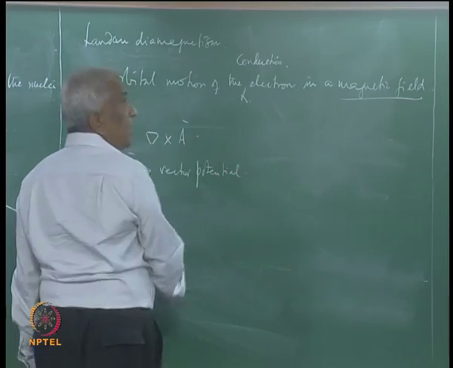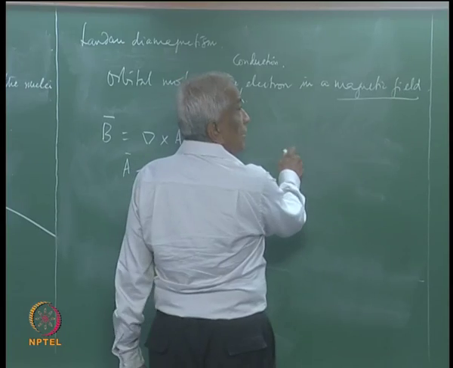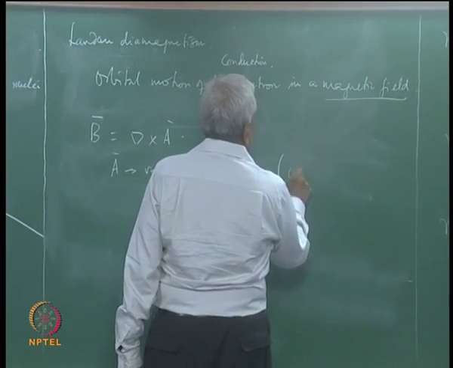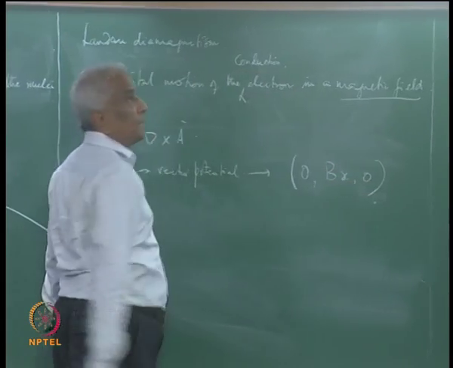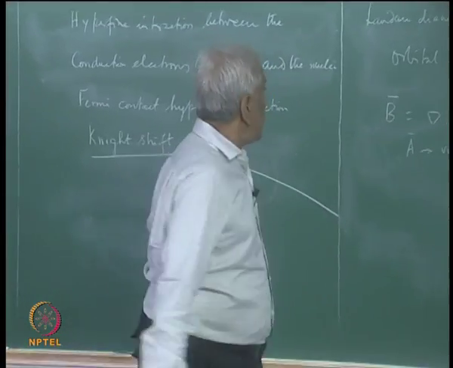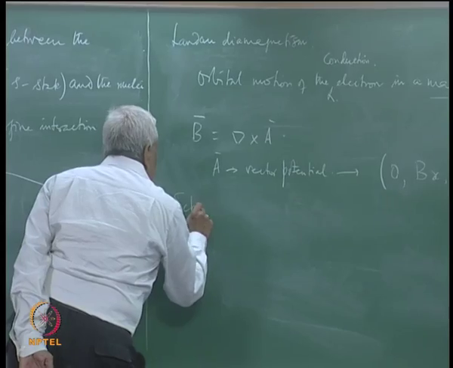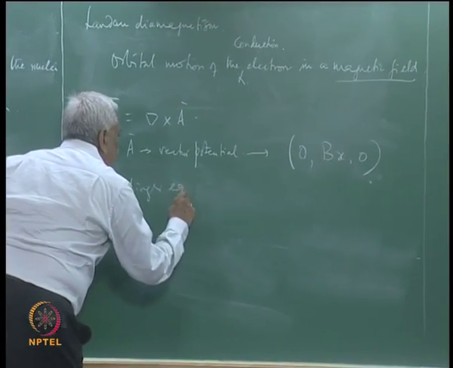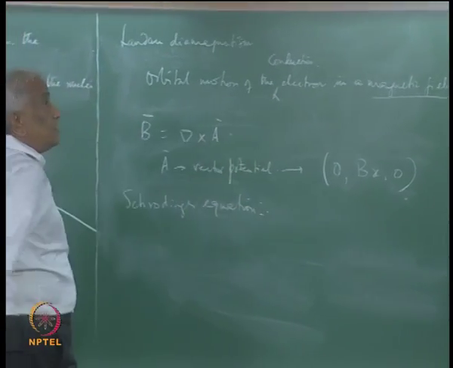So, if we apply a uniform magnetic field along the Z component, then this can correspond to a vector potential which has the components. So, in the presence of such a vector potential, we can write the Schrodinger equation for the electron, which is